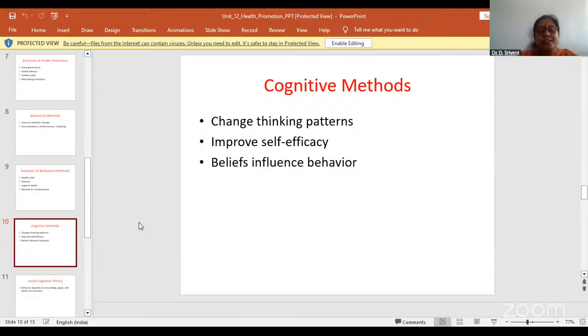People generally do not change their behavior unless they clearly understand the reasons behind such change. So therefore, providing proper knowledge about the health risks and benefits becomes the first step. For example, an individual learns that consuming food high in salt and fat can lead to conditions such as hypertension and cardiovascular diseases. So they begin to recognize the consequences of their habits, which increases the likelihood of behavioral